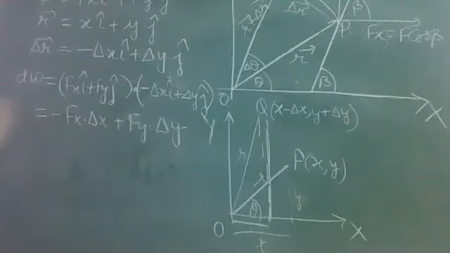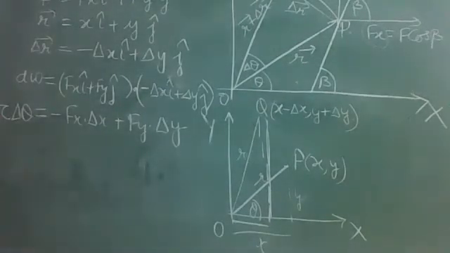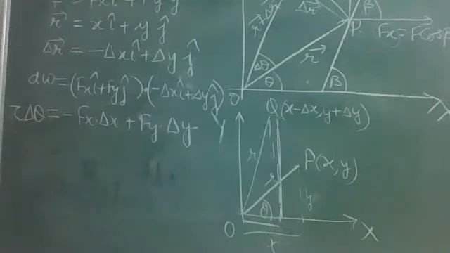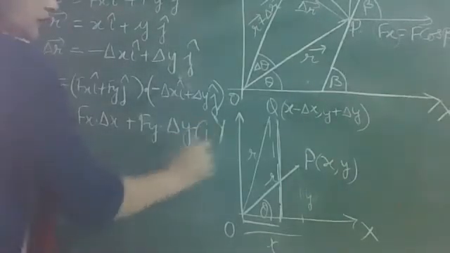Also we write work is force into displacement. In rotational terms, in place of force we have torque and in place of displacement we have angular displacement. So it was delta W, so I write delta theta here. So work can be written as tau delta theta. Okay, let us say this is equation number 1.